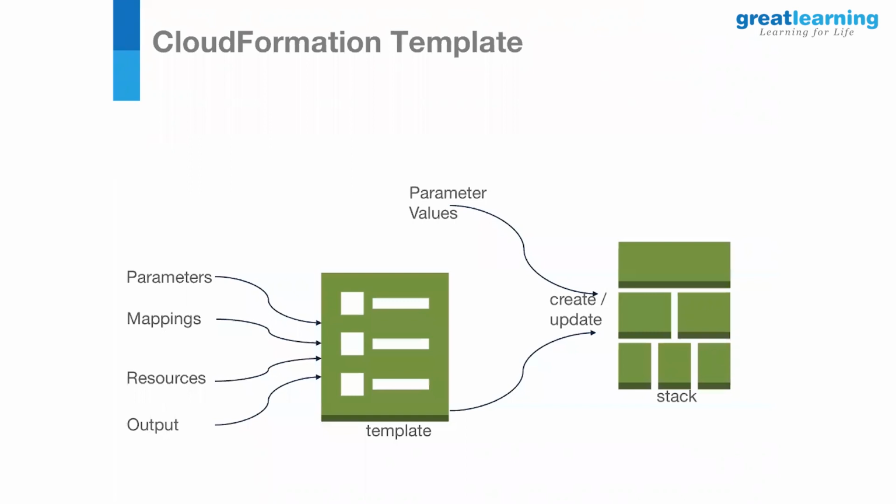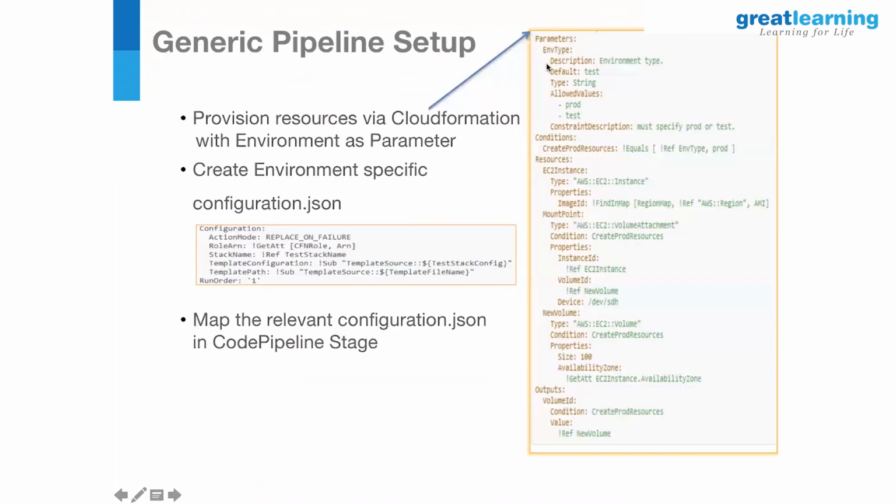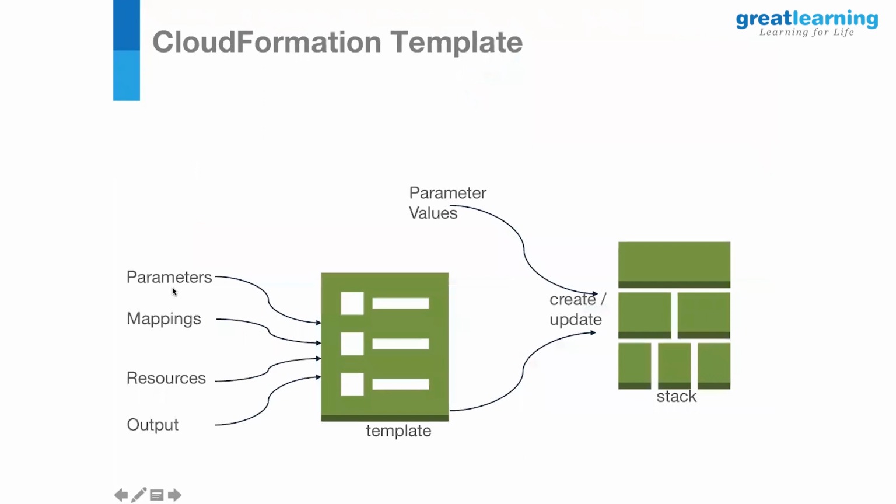Your CloudFormation template can be represented in two formats, which comply with JavaScript Object Notation, which is JSON, or the YAML standard. This includes a version and a description in the beginning, which we saw here. See, version and description will be in the beginning, and then the parameters, mappings, resources, and outputs. These are the different sections of your CloudFormation template. And you declare parameters in the template's parameter object.